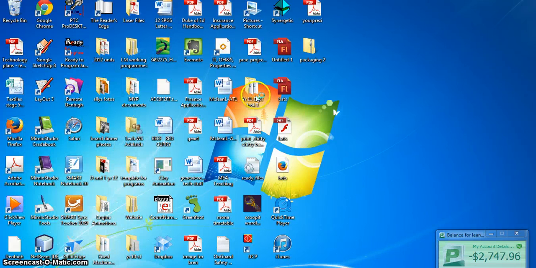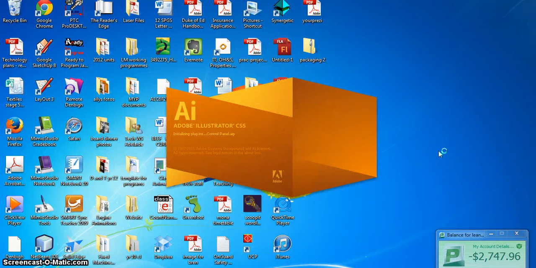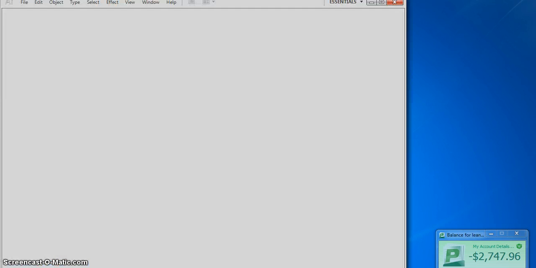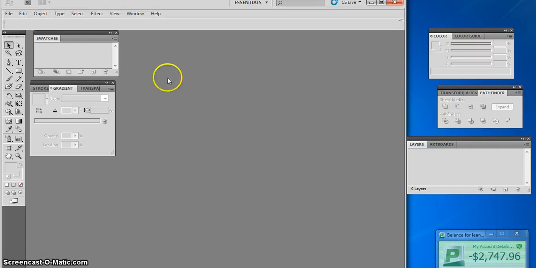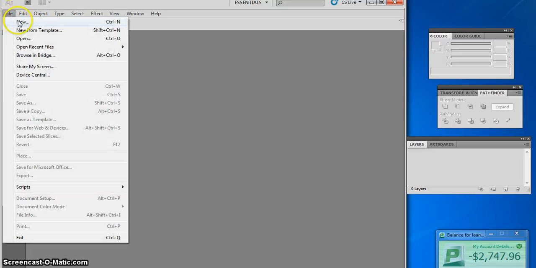Click on the program and wait for it to open. It may take some time to load all of the tools that are going to be needed. Once the program opens, we're going to open a new document and set up the page that's going to suit the laser cutter. So File, New,